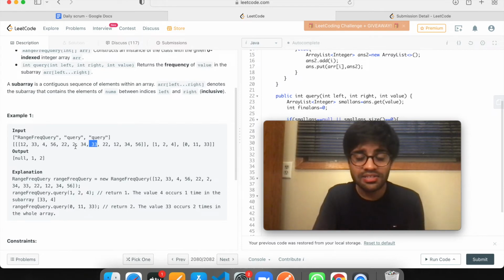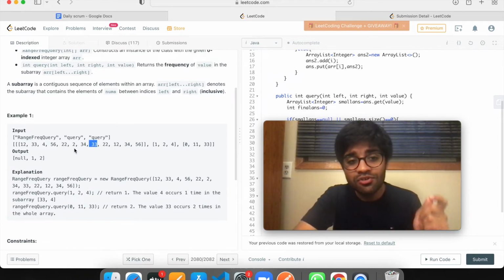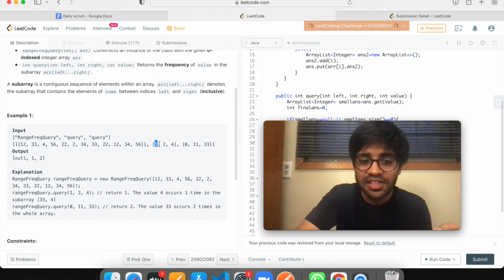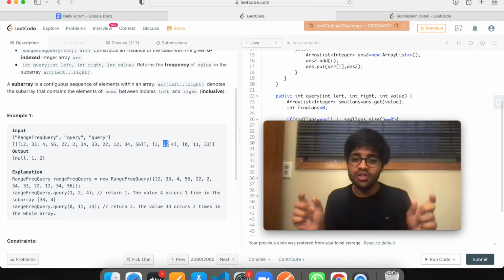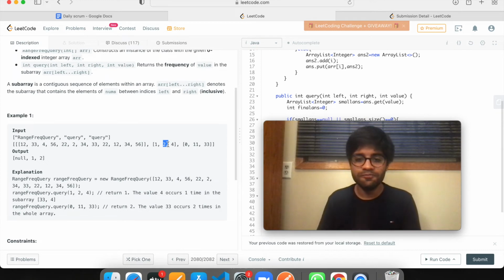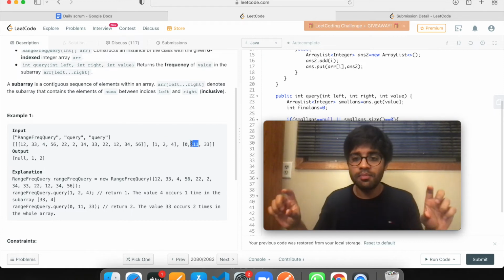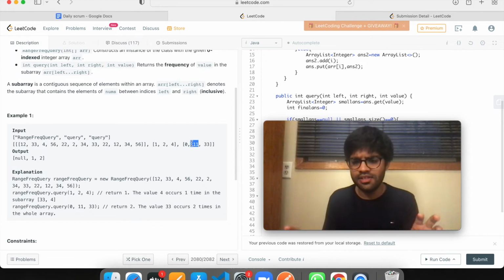So since the array lists are sorted, we can use binary search here. I was doing the linear search, or iterating linearly. We can do a binary search. Now how can we do it? We don't have to search each and every element. Instead of checking whether each element is present in that range, we'll do something opposite. We'll see where the start of the range and the end of the range are present in that array list, and we'll take all the elements in between. Wherever they are present, we'll take that part of the array list, just that length, and we would be done.